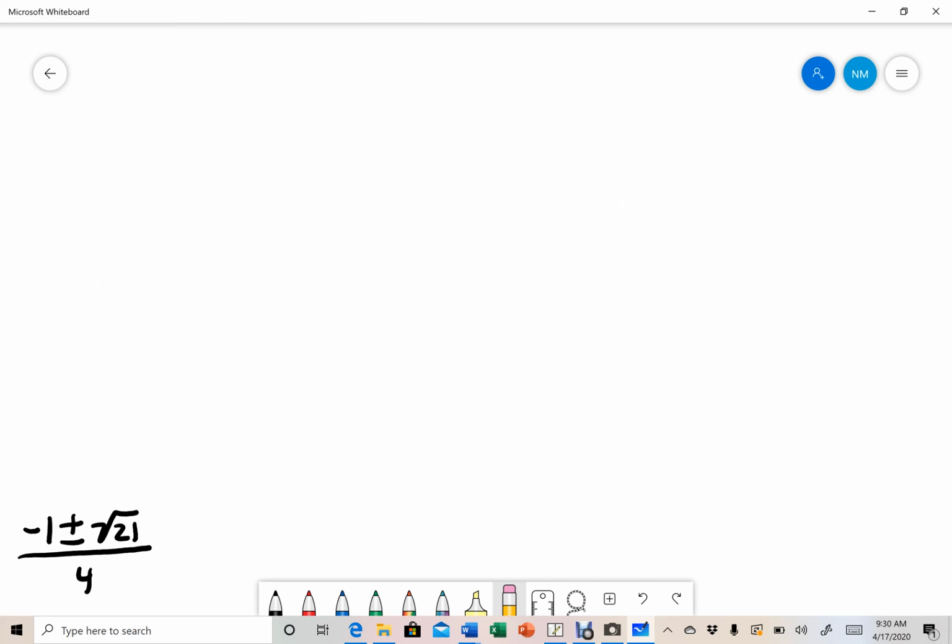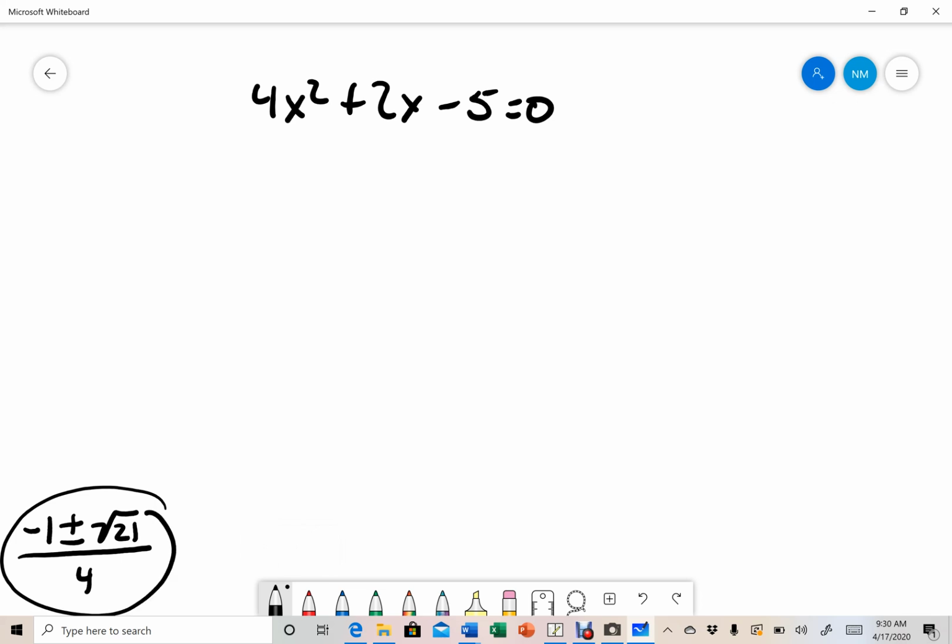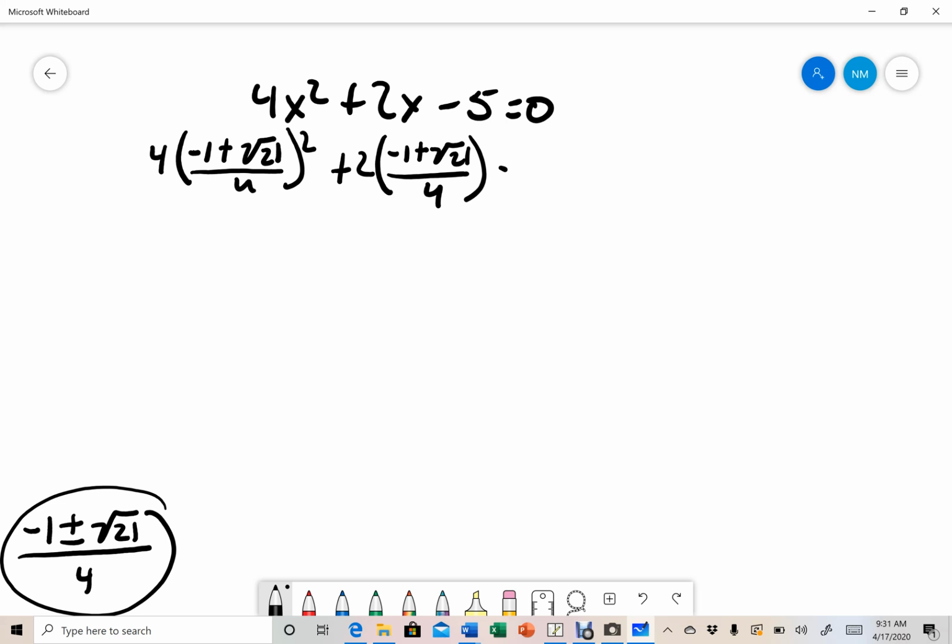But okay. So we go back to our equation. Okay, so we've got 4x squared plus 2x minus 5 equals 0. Okay, and we're plugging this in for all of my x's. Okay, so I've got 4 times negative 1, let's do plus first, the square root of 21 over 4 squared plus 2 times negative 1 plus the square root of 21 over 4 minus 5 equals 0. Okay, now